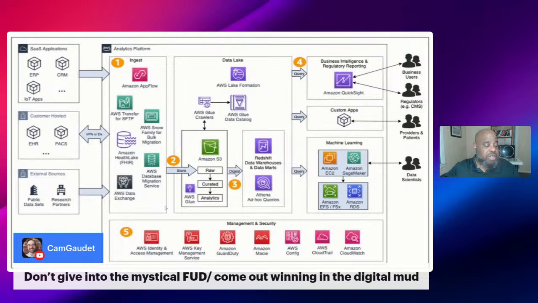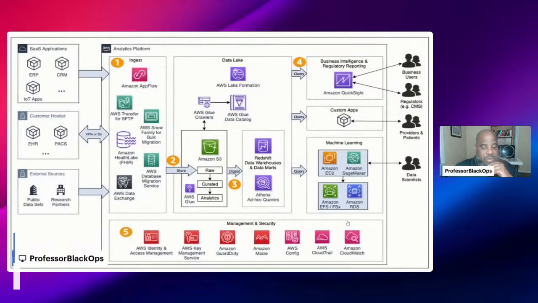The mystical FUD, you're right, coming out winning in the facts. So that's really what it's all about. Once again, it takes a while. And shout out to the boomers. They've been gatekeeping too. So we got to push the baby boomers out there so more people can get into the industry. So I think that's